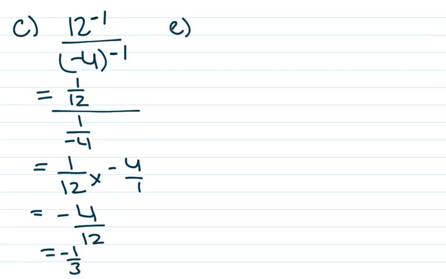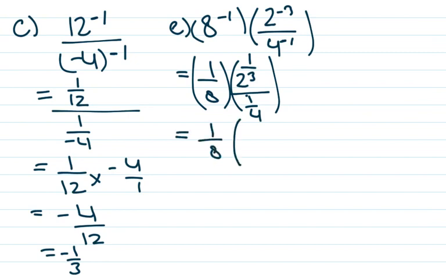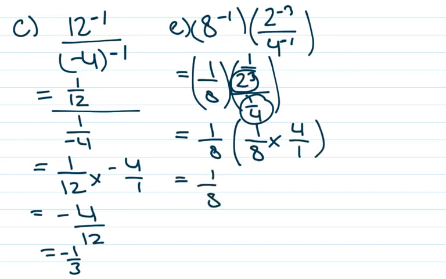And E is 8 to the power of -1 times 2 to the power of -3 divided by 4 to the power of -1 equals 1/8 times 1 over 2 cubed divided by 1 over 4 equals 1/8 times 1 over 8, that's what 2 to the power of 3 equals, times by the reciprocal of 1/4, which is 4 over 1, equals 1/8 times 4 over 8, which is 1/8 times 1/2, which is